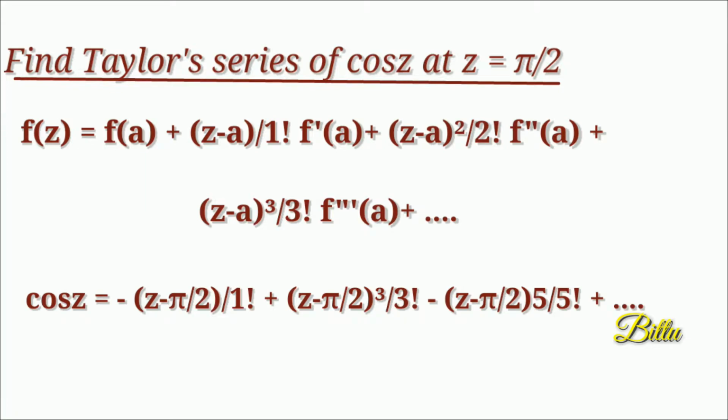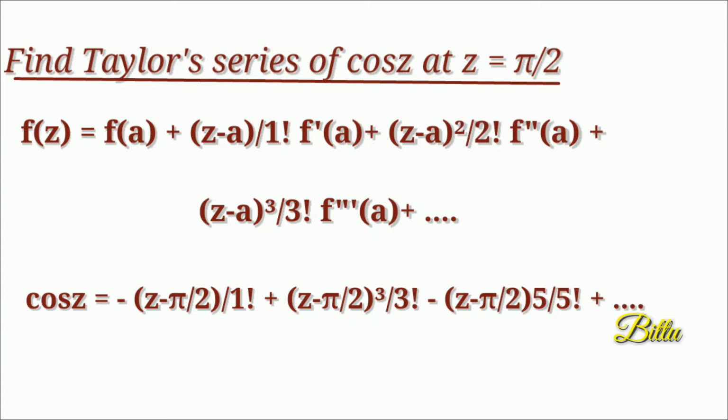Here f2 dash pi by 2 is 0, so that term will be absent. f3 dash pi by 2 is 1, so the corresponding term will be (z minus pi by 2) the whole cube by 3 factorial. And the next term is 0, since f4 at pi by 2 is 0. And the next term is minus (z minus pi by 2) the whole raised to 5 by 5 factorial. Now we have three non-zero terms, so you can give the expansion of f(z) as